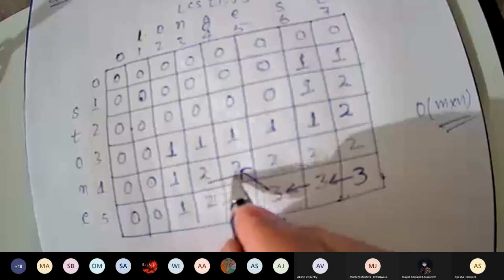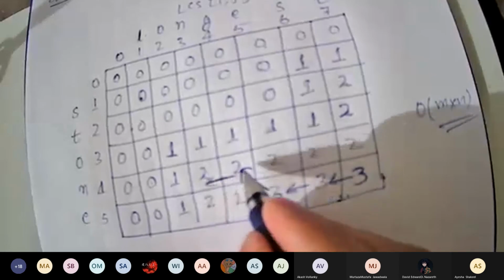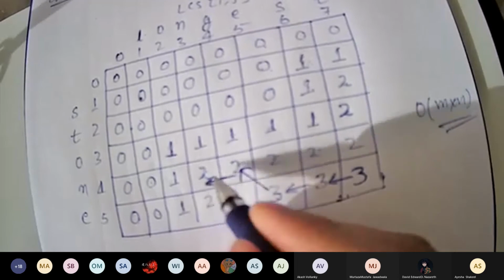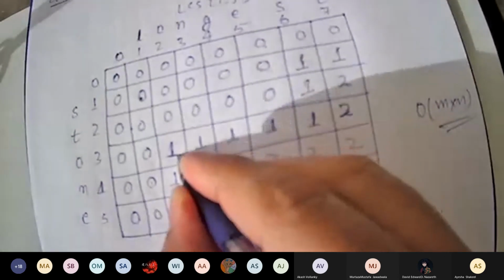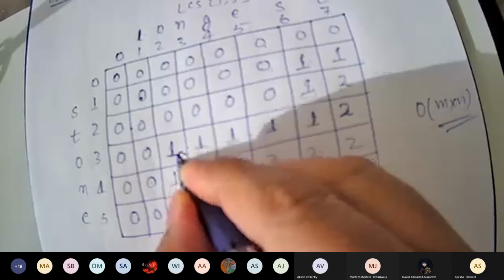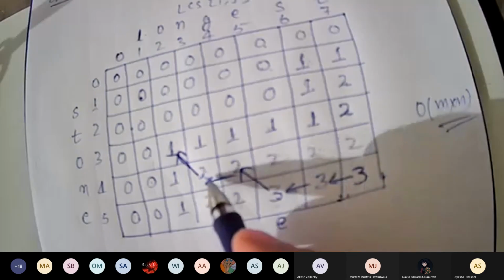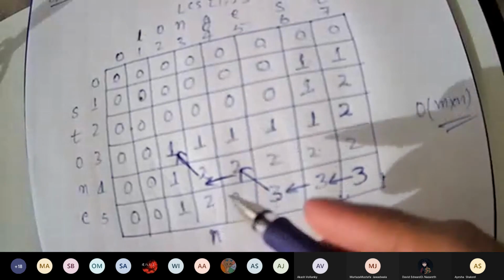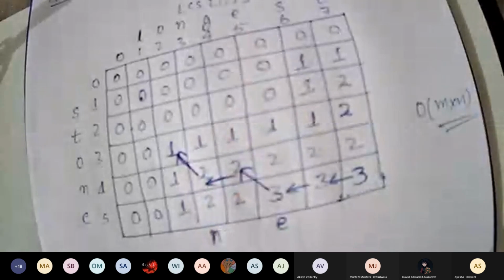You got it from here, so you will not take this, but this 2 you got from here. So whatever the value was there, N, you will take it here. Wherever you are going diagonal, that value you are taking.